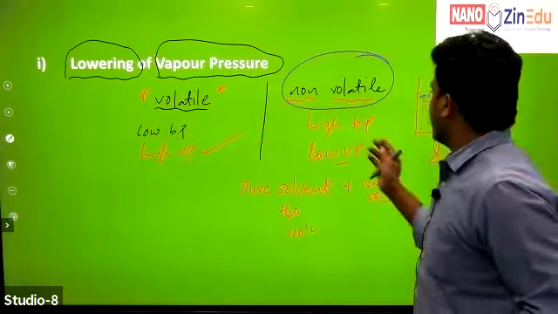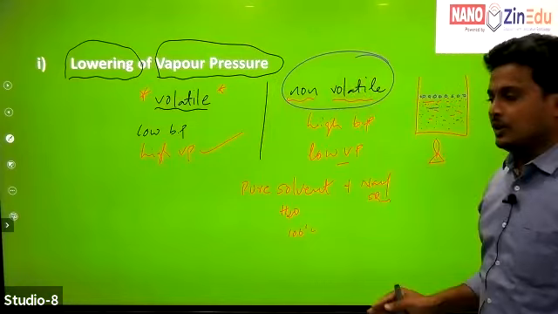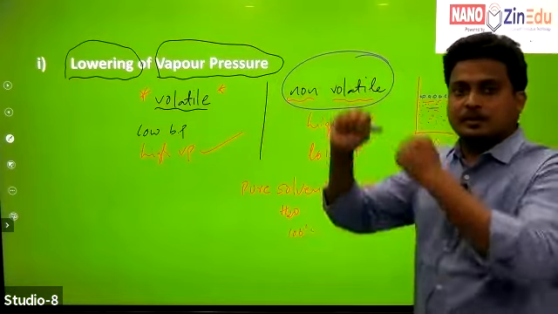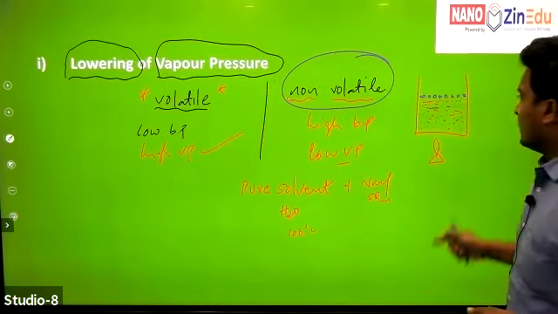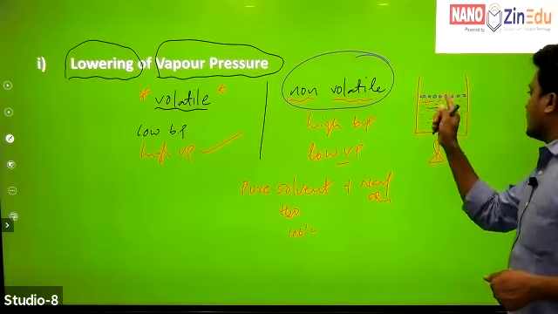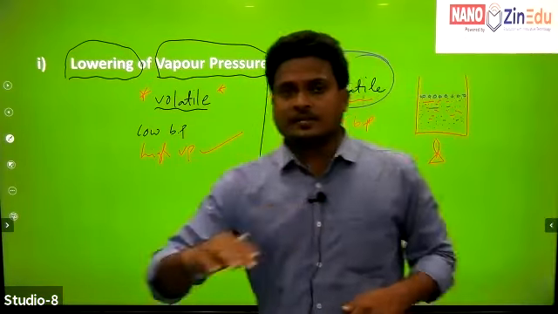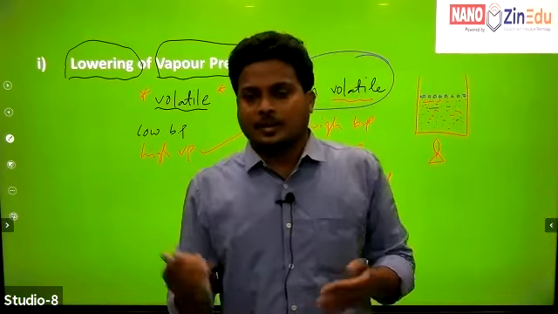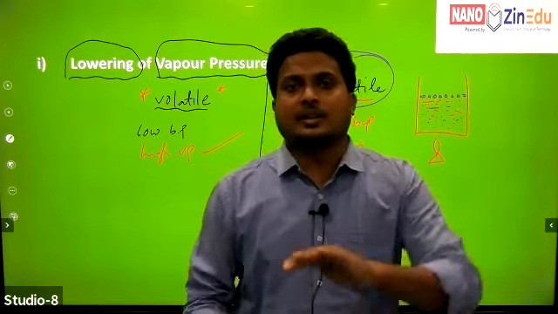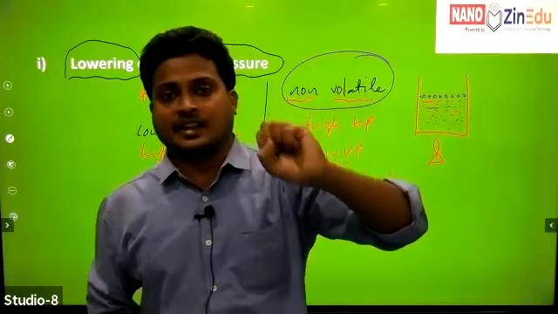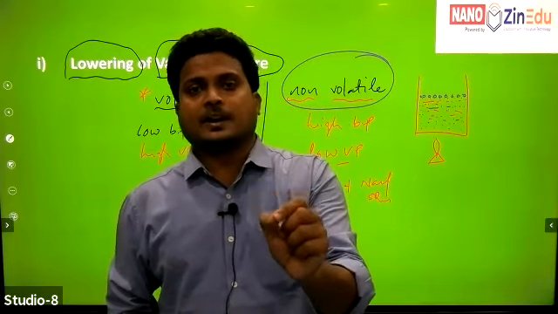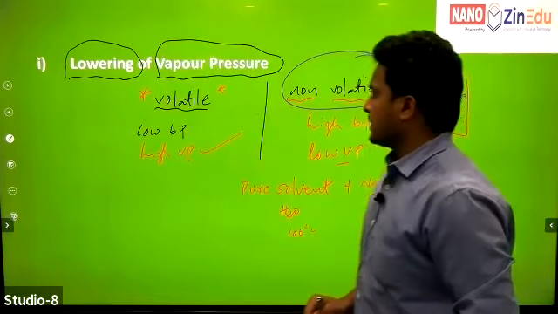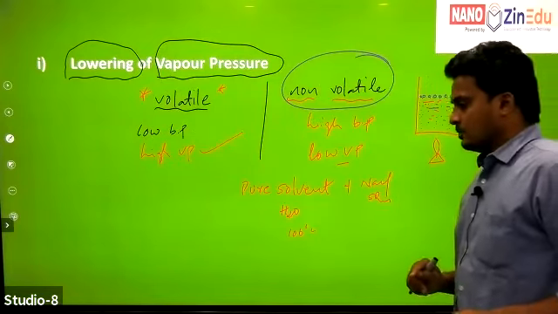Now tell me, before addition of non-volatile solute, the vapor pressure of the pure solvent is more. After addition of non-volatile solute to the pure solvent, what are we observing? Non-volatile solute particles occupy only the surface of the solvent. Then what are we observing? The number of solvent molecules that can be converted into vapor state decreases. That is called decrease in vapor pressure. That is nothing but lowering of vapor pressure, right? Is this clear, Lahari? Pujita? Yes, sir.